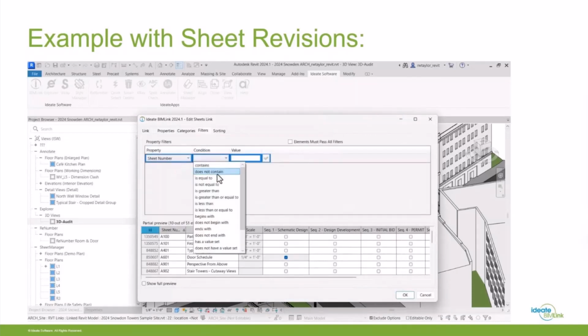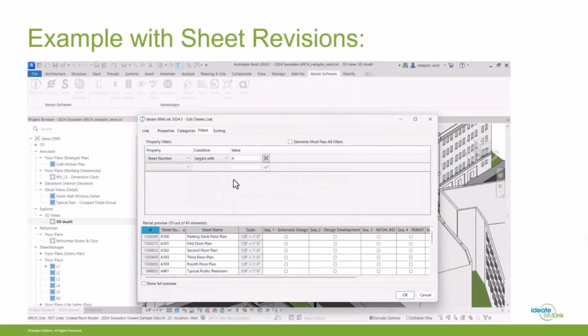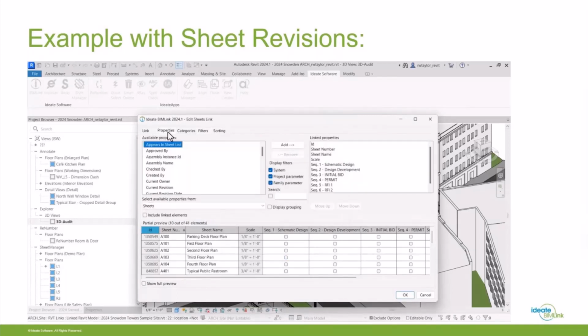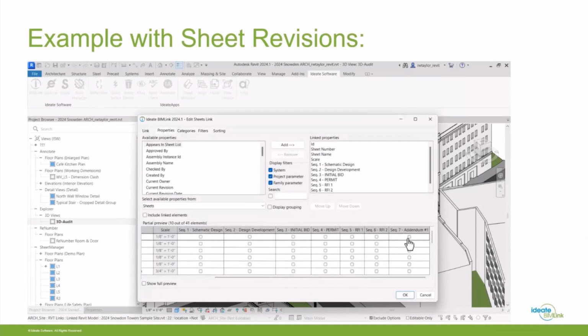So in this case, what I'm doing is I'm actually filtering out, or basically I only want sheets that start with A. And so I'm looking at all of the sheets. So I have the actual revisions on sheet, the revision sequence, and the revision numbering. The BIMLink dialog, a lot of people may not know, is actually active down below when it gives you the preview. You can make changes very easily.